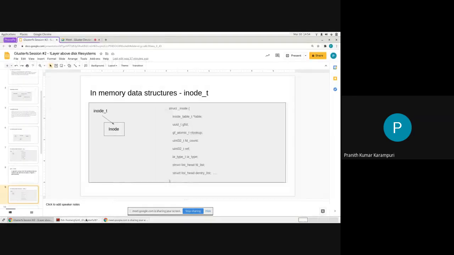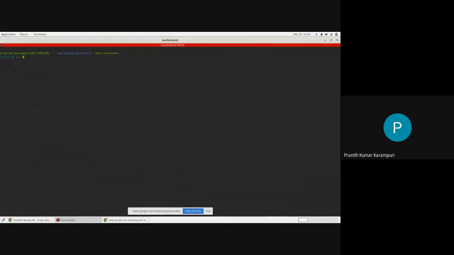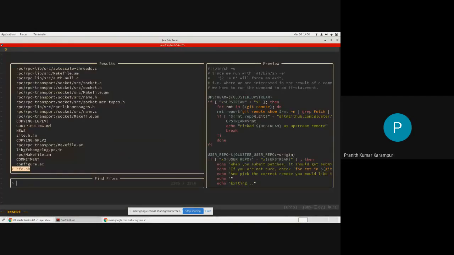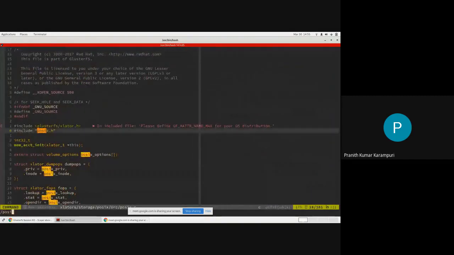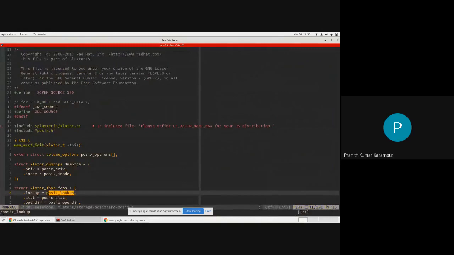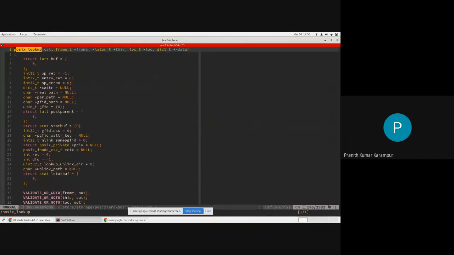So let's go to the code now. Okay, so this is the POSIX lookup, which is present in xlator storage POSIX.